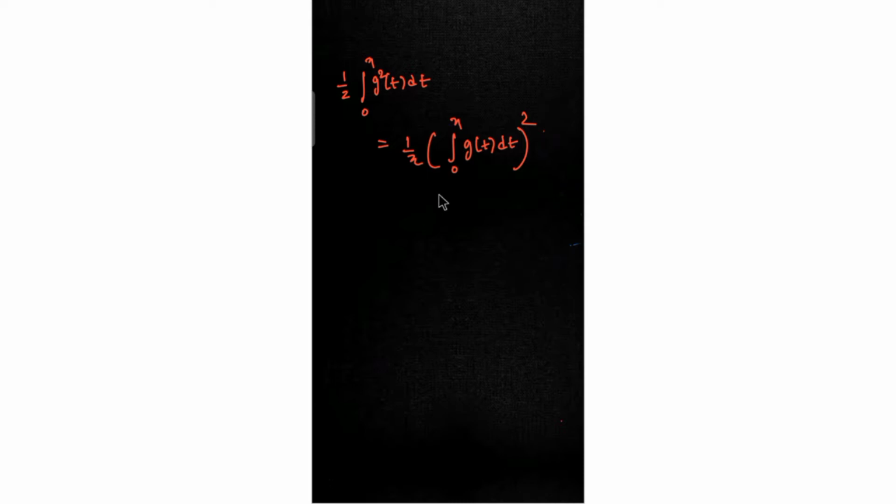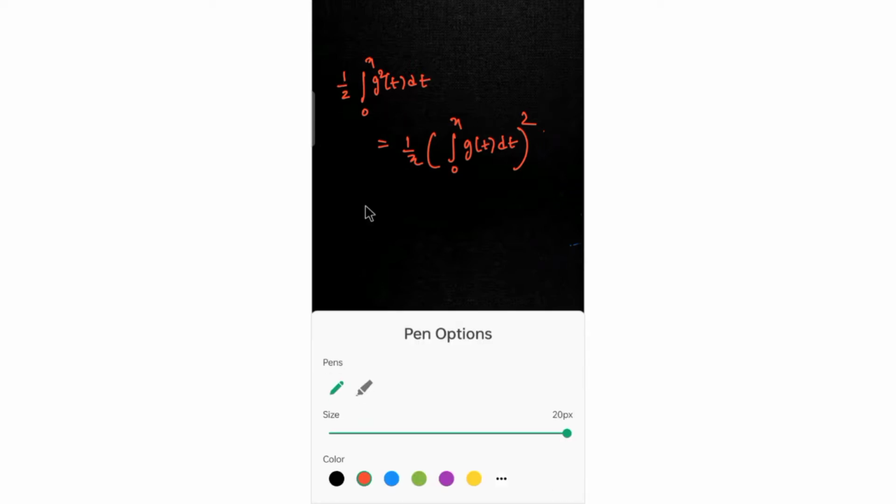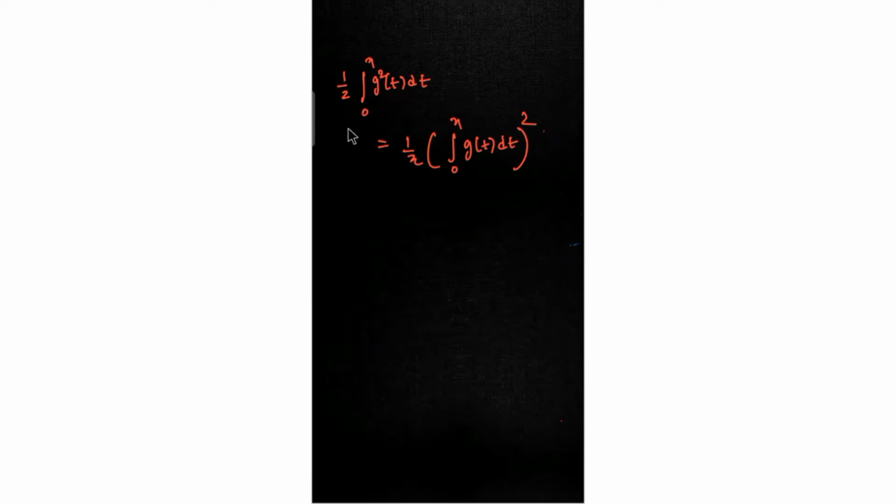Because if integration is my villain, then differentiation is my hero. So definitely I'll be using it and I'll be solving this. For the first and foremost thing, for the left hand side, how do we do this? We'll use the Newton-Leibniz rule to differentiate it. Because we have an integral here and we differentiate with respect to x, we use the Newton-Leibniz rule.